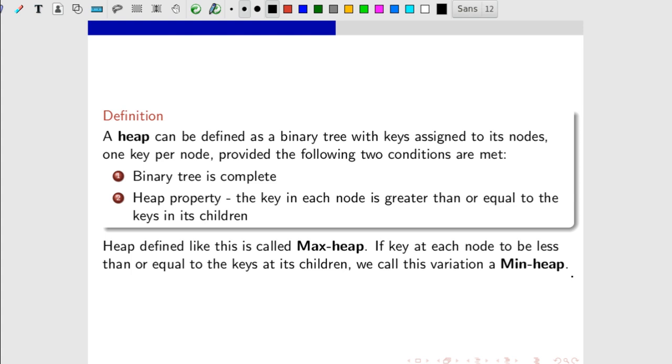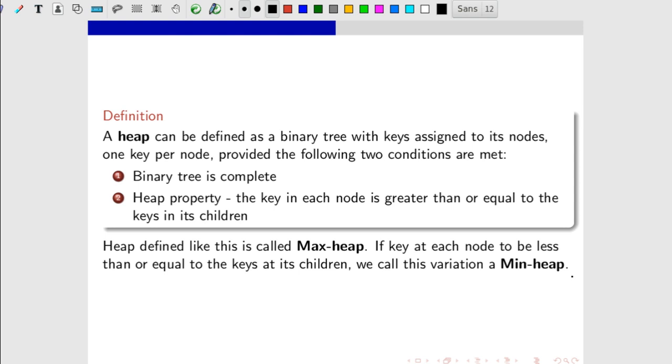There is also a heap called min heap. There are two kinds of binary heaps, max heap and min heap. In both kinds, the values in the nodes satisfy a heap property, the specifics of which depend on the kind of heap. In a max heap, the max heap property is that for every node i other than the root, A of parent of i is greater than or equal to A of i, which we saw.